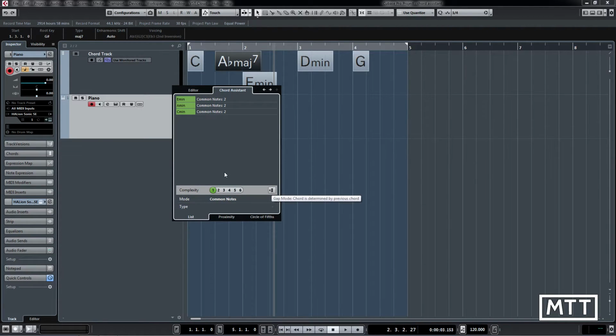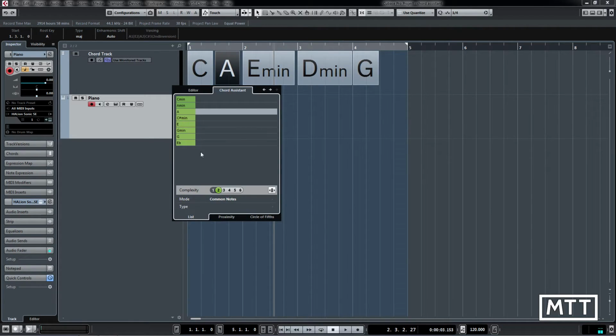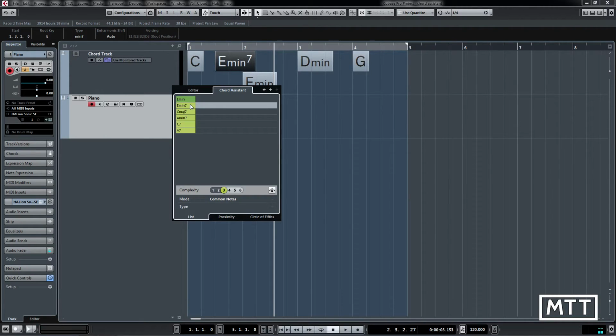Now the next mode is a gap mode. Now gap mode will take into account the chord before and also the chord after. So if we click that there, at level 1 there isn't anything which will fit with this, but if we go to level 2 we can see C minor has notes in common with both, A minor has notes in common with both, and so on. And then level 3 we get some other suggestions,